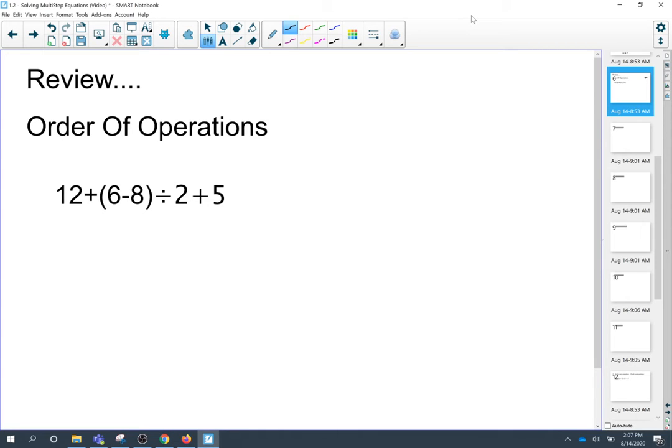Now, in this video, this is actually not in your guided notes, but before we move on with this idea of multi-step equations, I want to take a step back and review order of operations. So, if you have your guided notes, this is not in your guided notes. You can either write it on a side, you can write it somewhere else, or just get yourself a blank sheet of paper, pause the video, go find that, and then come back because we're going to review your order